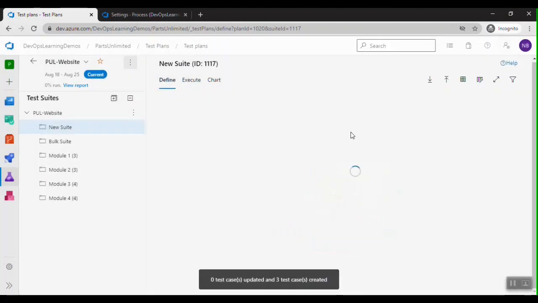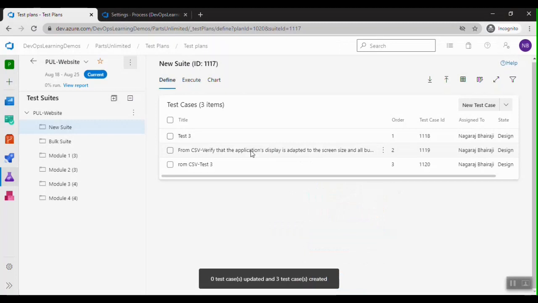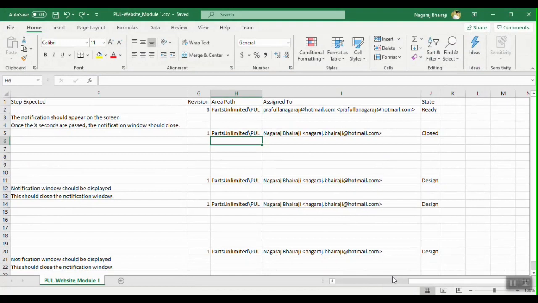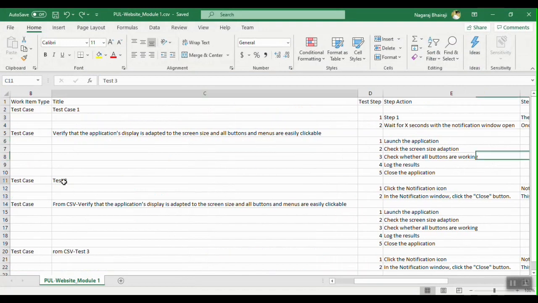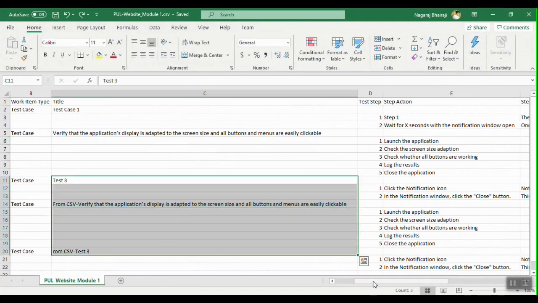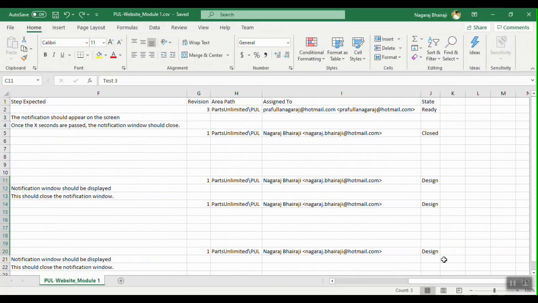Let me close this, and I can see here 3 test cases are created. These are the 3 test cases which are created. The first 2 did not get created because they had the value ready or closed. So these state values are not supported.